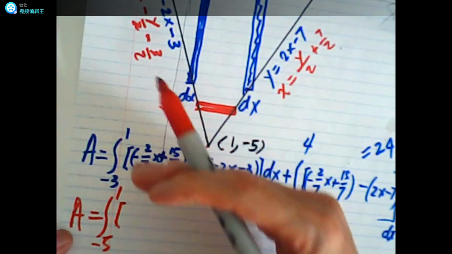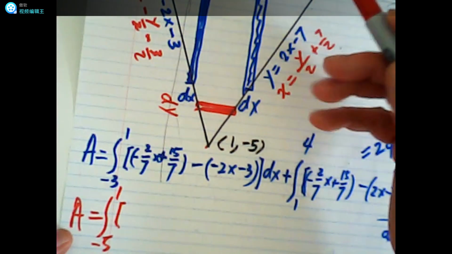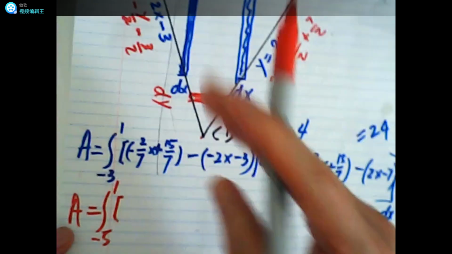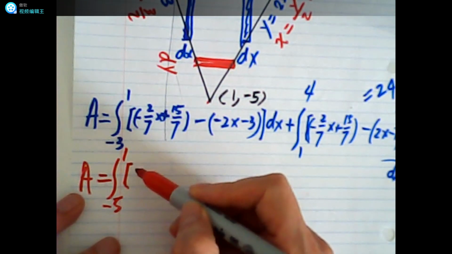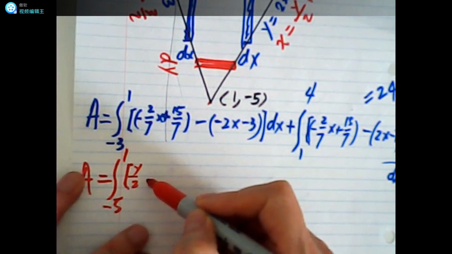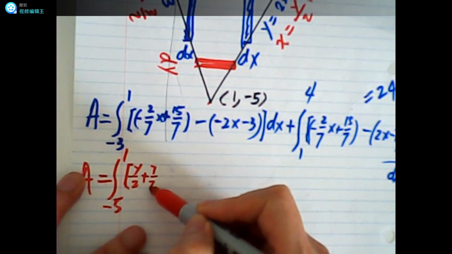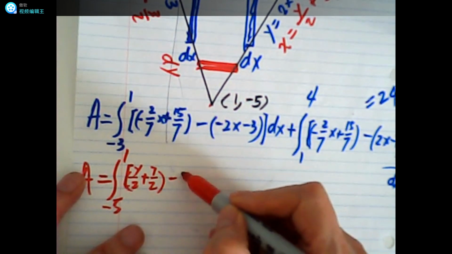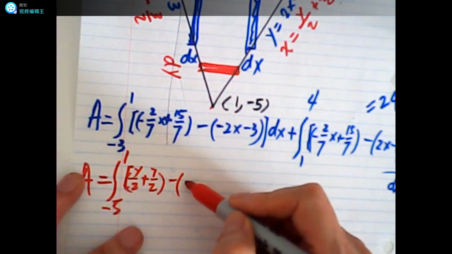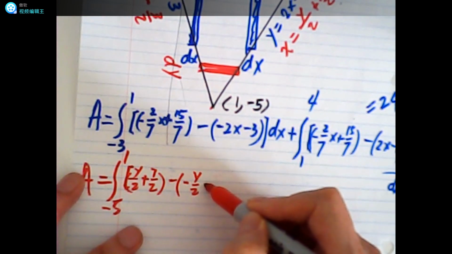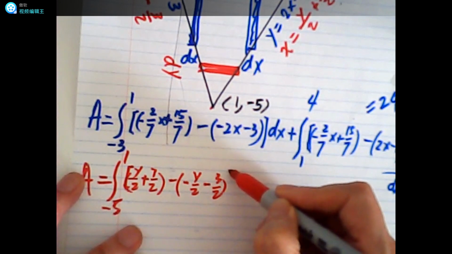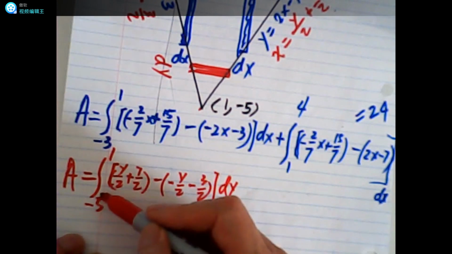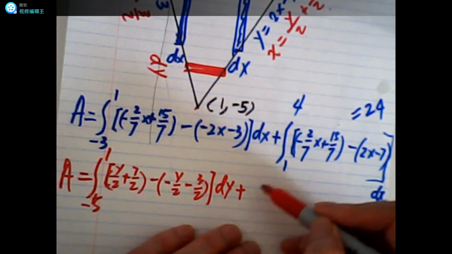This x minus that x. This x is y over 2 plus 7 over 2, minus this one, negative y over 2 minus 3 halves, dy from minus 5 to 1, and then add